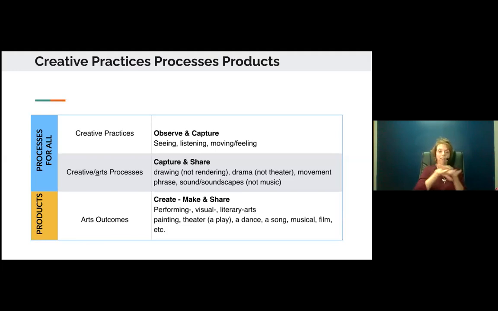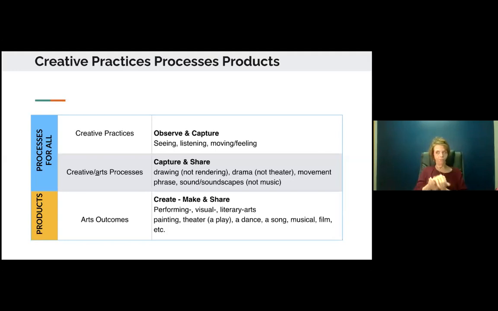But really that distinction between, we're not worried about representational drawing and sitting down and spending 10,000 hours to be able to render a bowl of fruit. We're talking about seeing something, getting an image down, getting your idea down, and being able to communicate that visually. And I was looking for a similar thing in drama, and I can't remember the woman's name, but she was talking about the difference between drama versus theater, where drama is a process and theater is the outcome, where you're making a play. And so I liked the way she had expressed that.